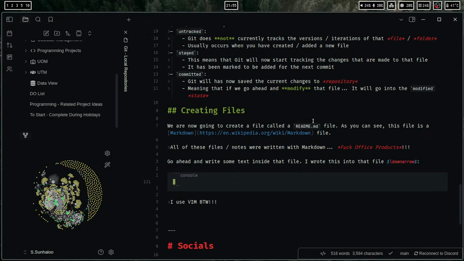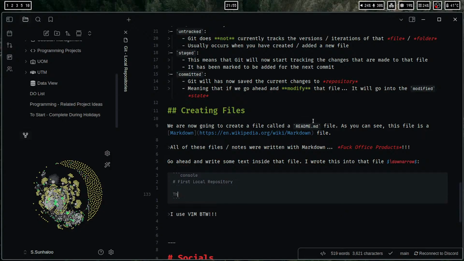So first local repository. This is my first local repo. This is not my first local repository. Okay, so then